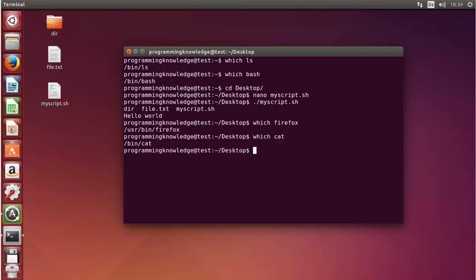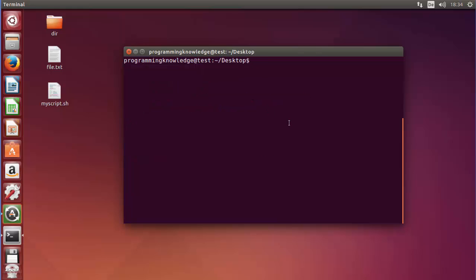Now what is the whatis command? So let's see how we can use it. I'm going to clear the terminal, and then this time we are going to use the whatis command. The whatis command is going to display the short manual page description.